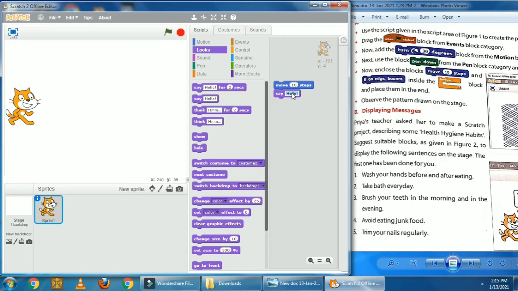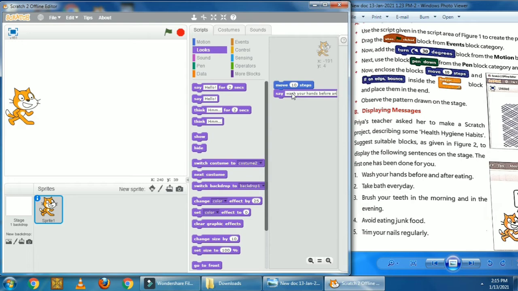Now type the message from the keyboard: wash your hands before. I am typing from my keyboard.